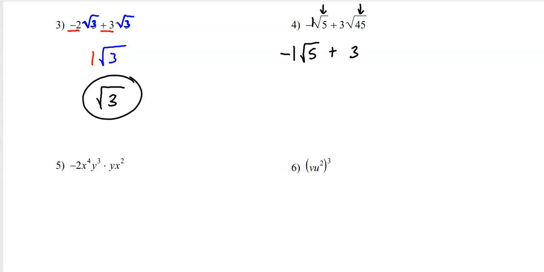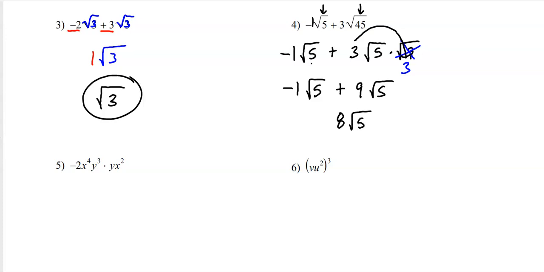Well, I'm going to break that radical 45, and I want to try to get this as one of the factors. So I need to figure out what could I multiply that by to get the square root of 45. Well, I think it's 9. And why I'm doing this is because the square root of 9 is a perfect square. It's really just 3. So now when I clean this up, I have negative 1 radical 5 plus, well, I have 3 times another 3, so I have 9 radical 5s over here. Negative 1 plus 9,